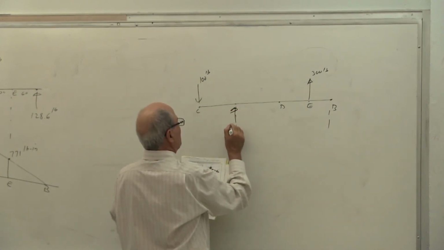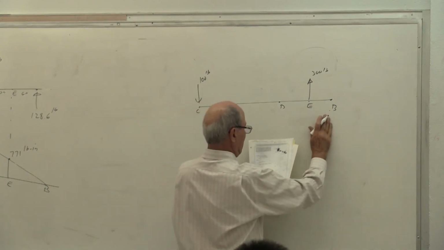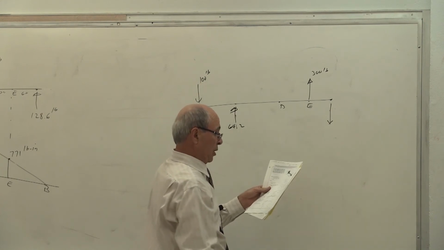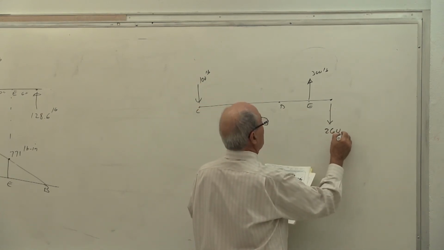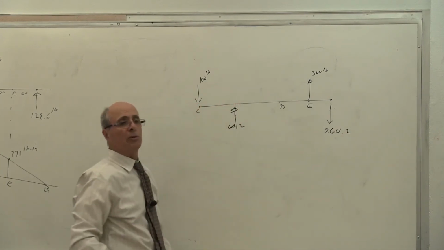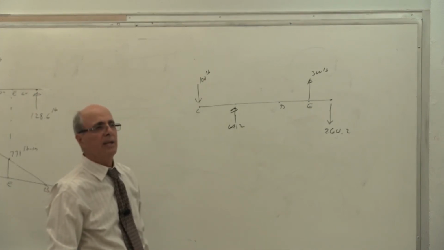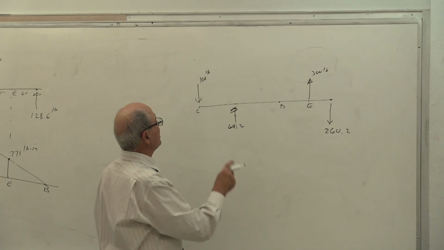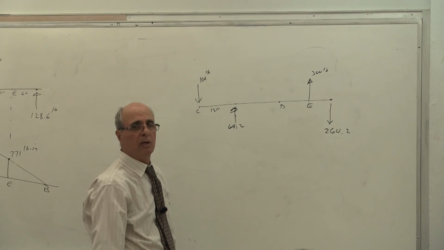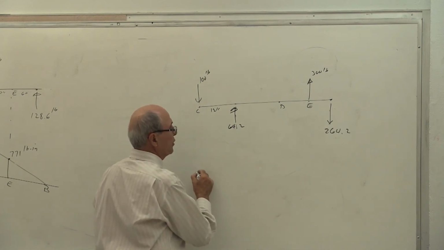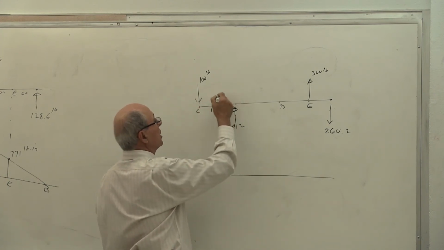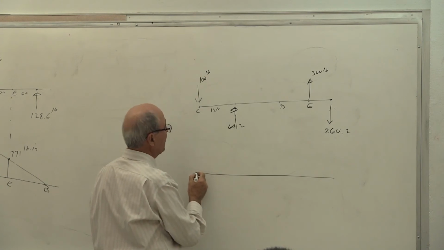This becomes 64.2, and that one becomes a downward force of 264.2. Yeah, 64 and 64 drop out, so the result is 200. That's correct. Is that correct or not? Yes? Then you draw the moment diagram based on what I said, that the moment that's here is 100 times 12 inch. Everybody understand that? Yes or no? So you draw your moment diagram. Again, whether you draw it positive or negative, it's up to you. But since this action is positive, the reaction is negative, I'm going to go negative. Is that correct or not?